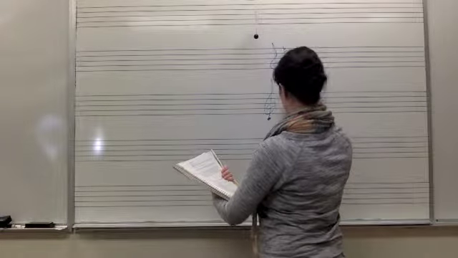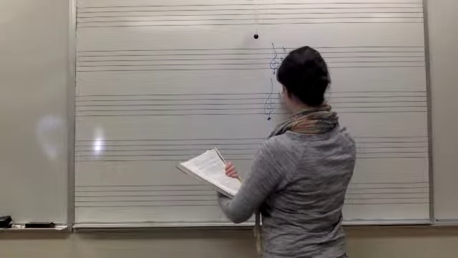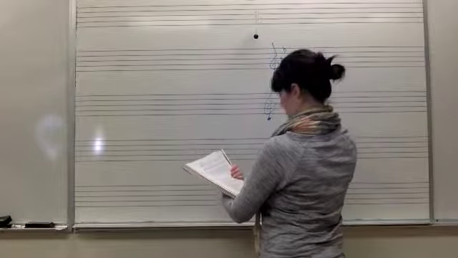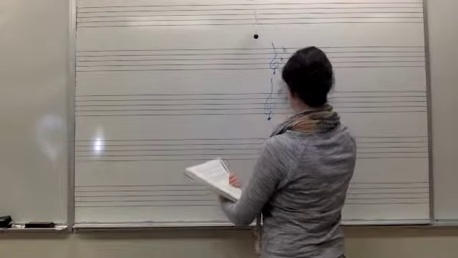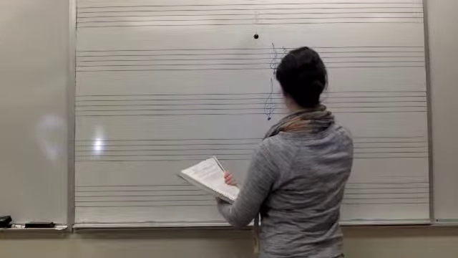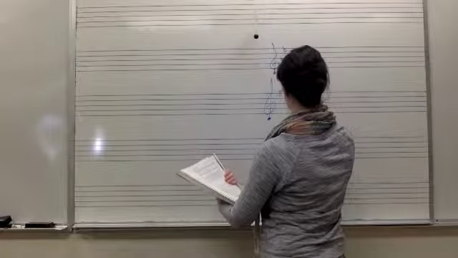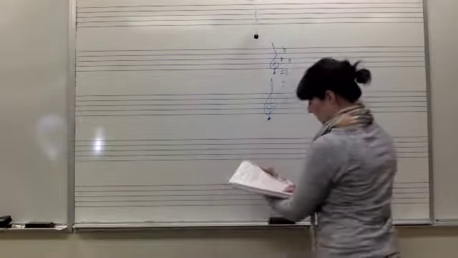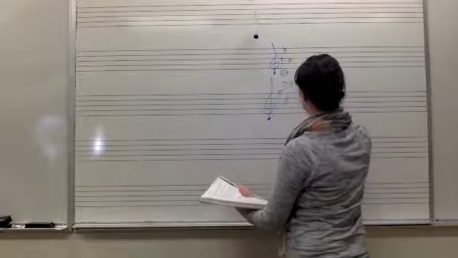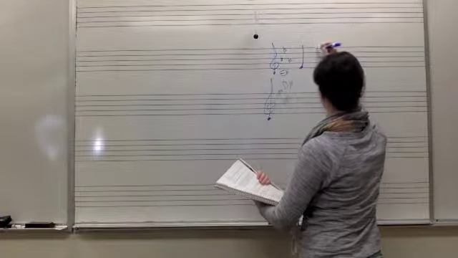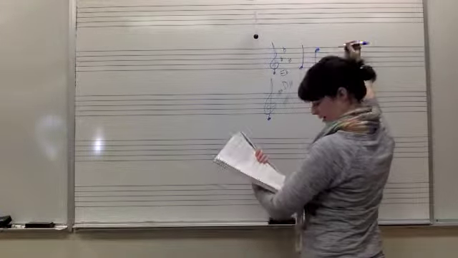So this is a tonal transposition. So we're in E flat, go to D. All right, so we start our piece with E flat, go up to E flat, and then